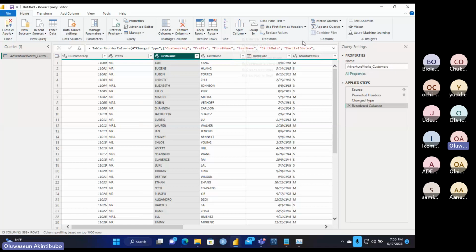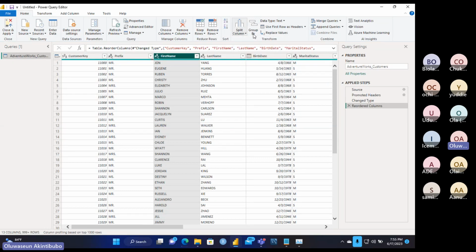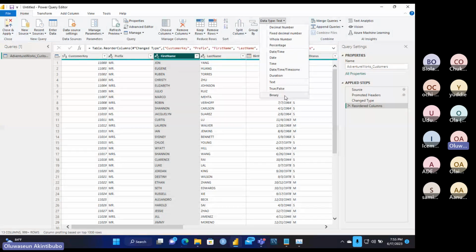Now, here, you will see that we're transforming data. So by transforming data, we can work with delimiters, number of characters, positions. We can split by lowercase to uppercase. We can do a whole lot of stuff here. We'll see them. We can change the data type of a particular column from here.